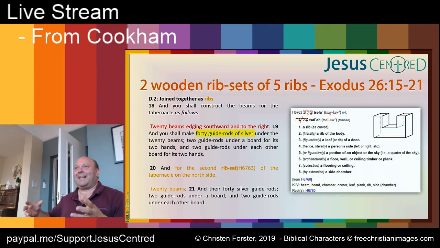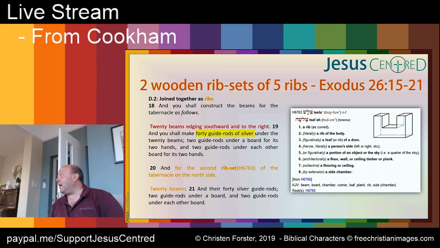So you see again how the English requirement to make their decisions already fit means we end up with a word that's misleading. Something that is actually a guide, so silver guides, so I've called them guide rods, has now been translated as socket because we needed the socket because we had a tenon. Even though we never had a tenon, we had something that received.